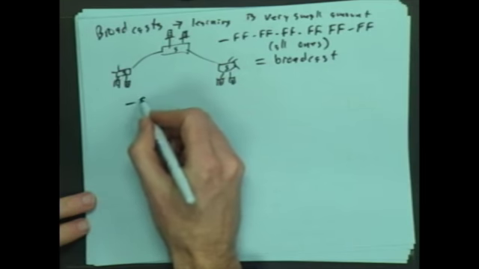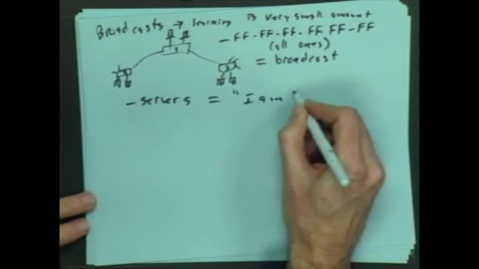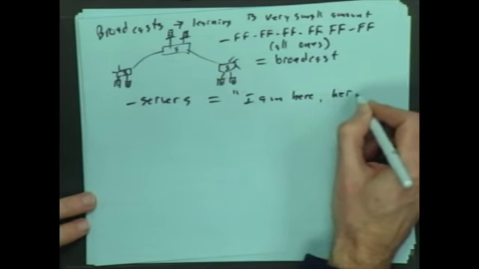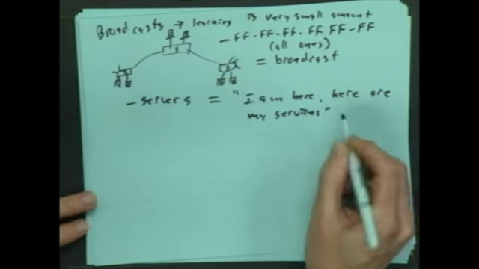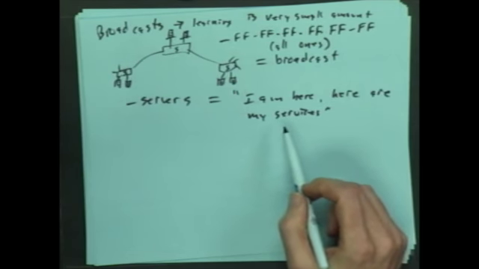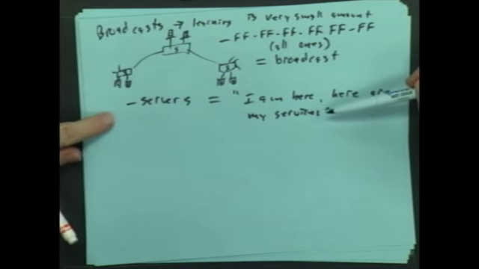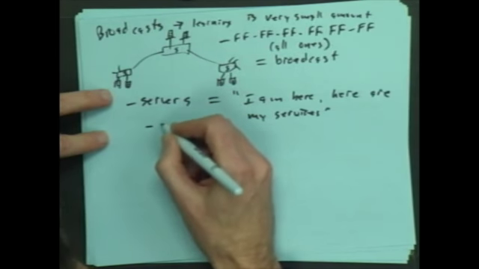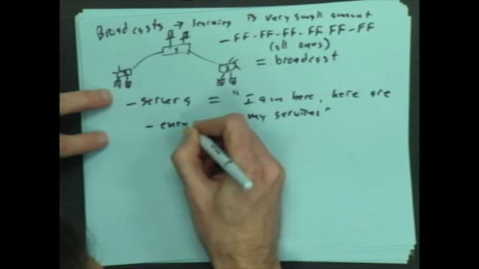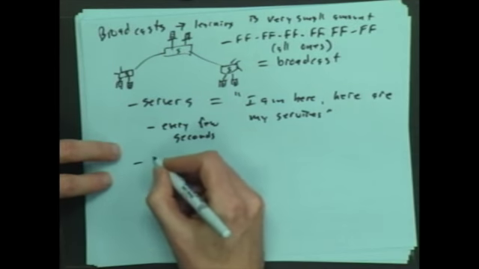Okay? And here's some of the things that get broadcast. Number one is the server. They send out things that basically say, I am here. Here are my services. So they'll tell you things like, I have these printers connected to me. I have these file shares connected. If you want to get on this file share or network, connect to me. And servers are sending these out all the time. Okay? We'll just say every few seconds. The one that really kills you, though, is